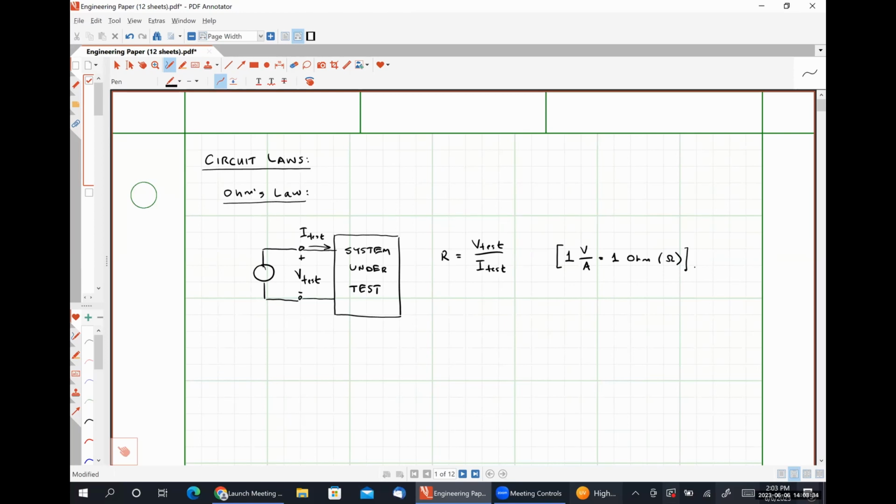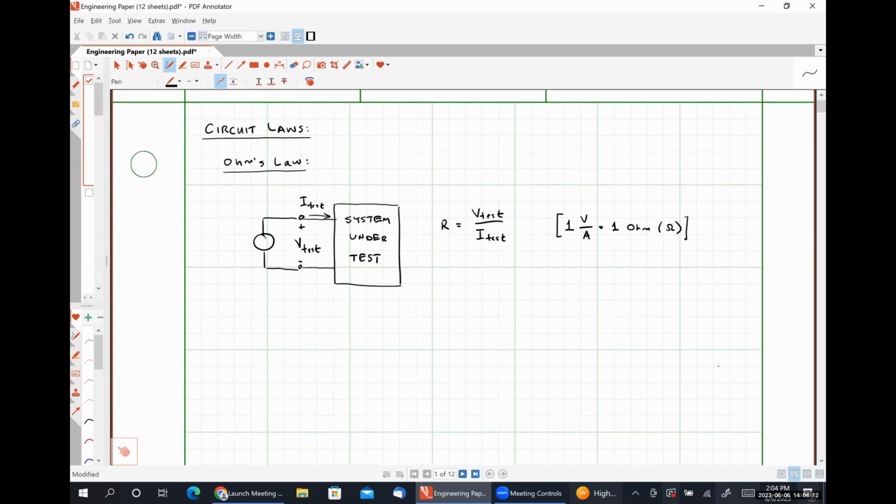Okay. So there is one thing that I want to point out here. The direction of the current flow and the polarity of the voltage are important, right? So in your previous classes, you probably learned that V is equal to I times R, which we could absolutely get by algebraically manipulating this relationship that we have here. But in this class, we're going to need to pay extra attention because we're going to be following the passive sign convention. So if we have a resistor,